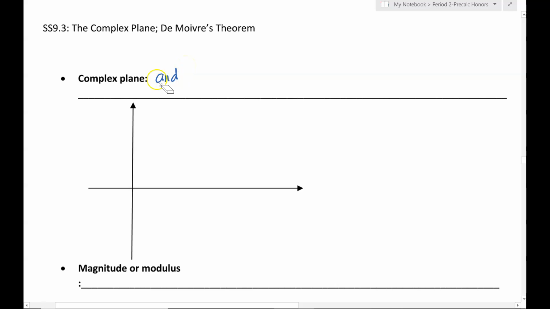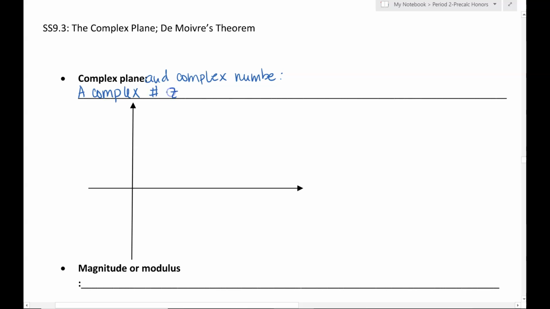Pre-calc honors. All right, let's start 9.3. The complex plane and De Moivre's theorem. First definition is this here, complex plane, but can you also add a complex number? Okay. All right. So the definition is a complex